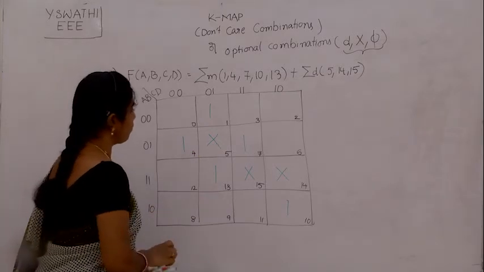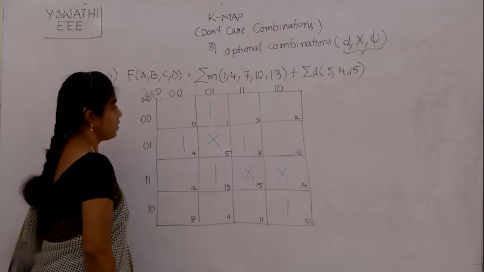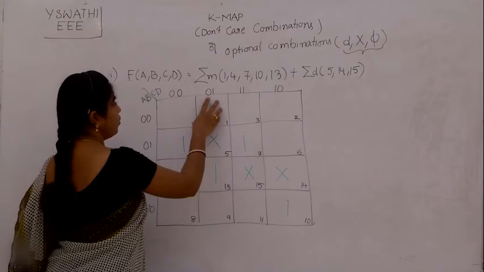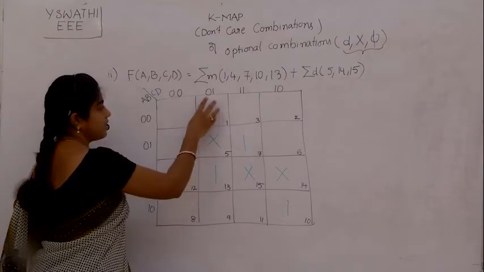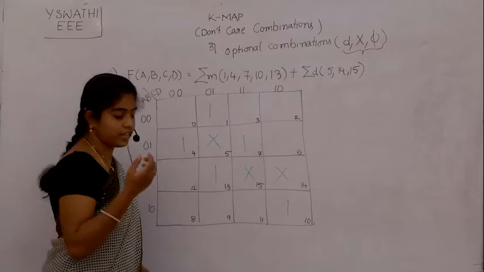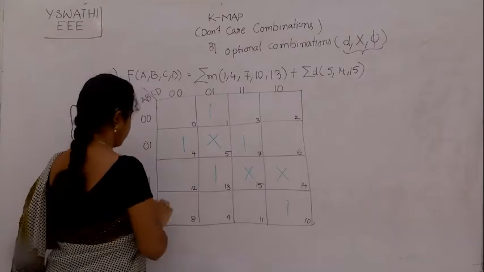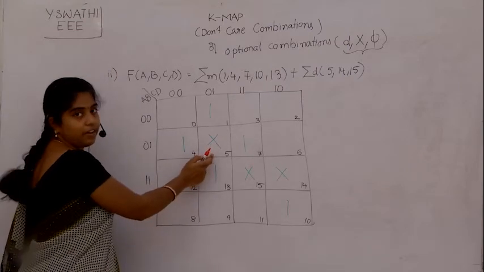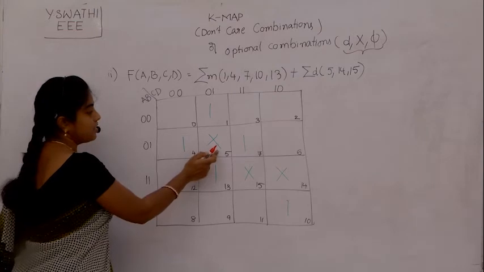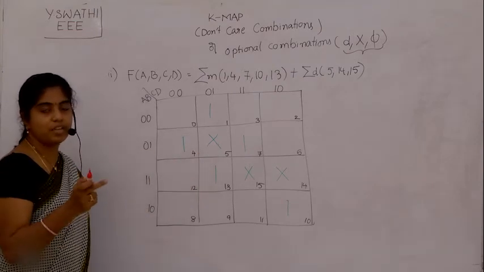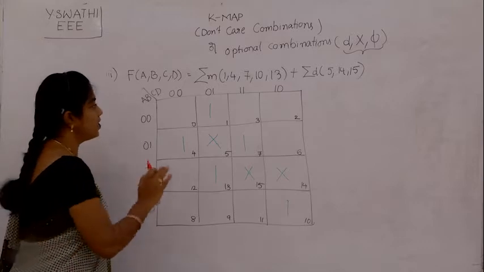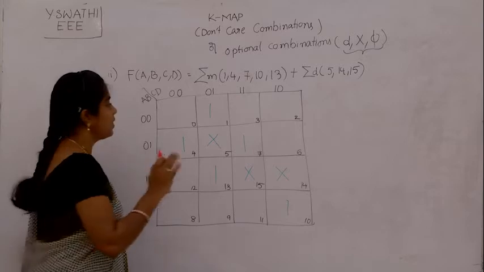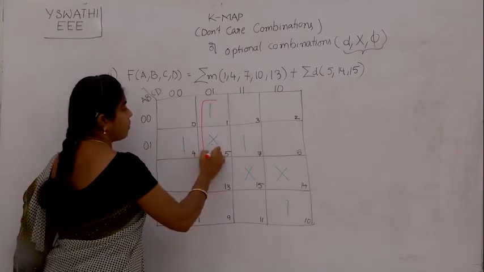If you can see now, we should first check for alone ones. This is my alone one here, and here this is my alone one. So you should look for its adjacency first, and then we will move on to the next one. This one is adjacent to the 5th cell. So this don't care combination we can take as 1 if it helps us to reduce the form. While grouping with another adjacent cell, it is helping us to reduce the form. That's why this can be formed as a group.